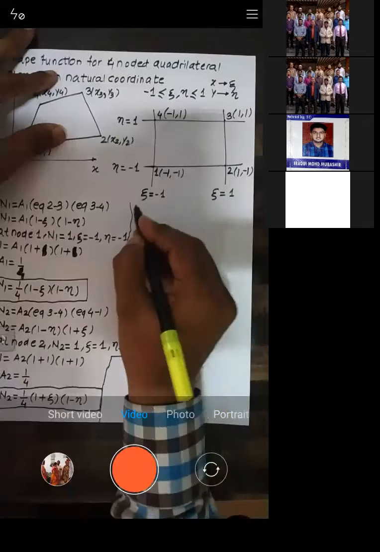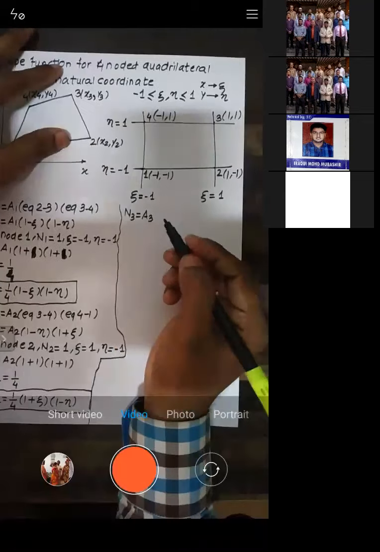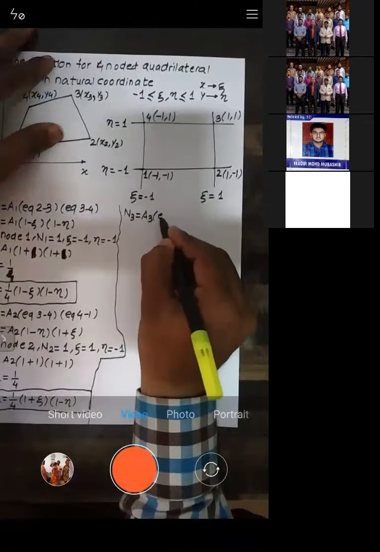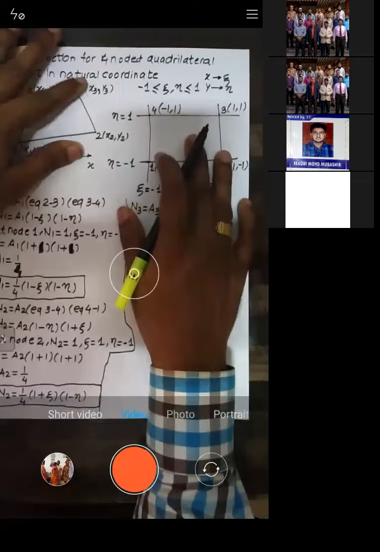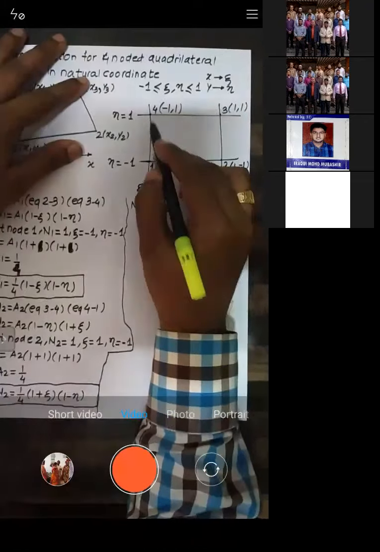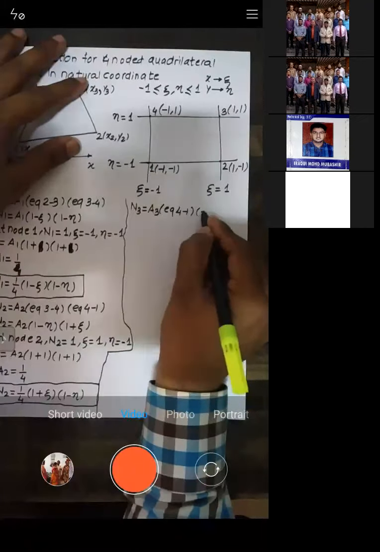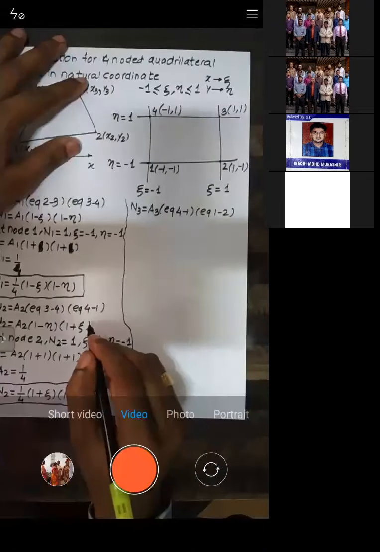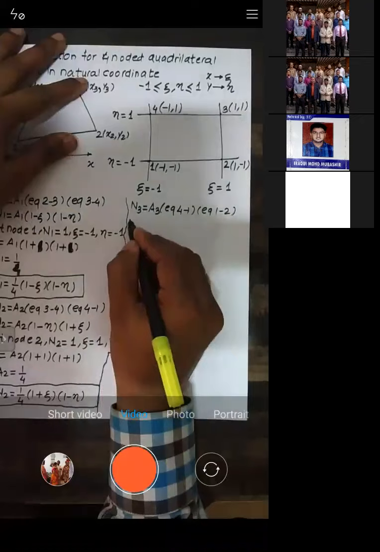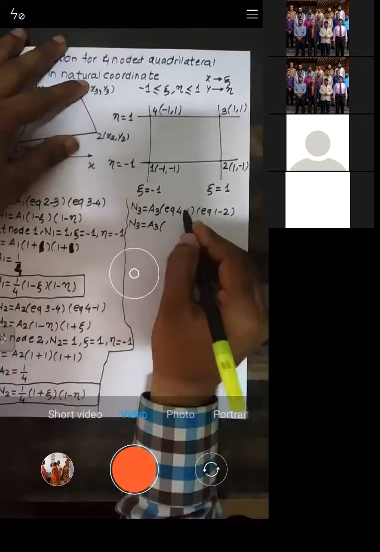Okay. Now can we do it for N3? N3 is equal to A3 into the equations of the lines which are not passing through node 3. So through node 3, which lines are not going? 4, 1 and 1, 2. It is the equation of 4, 1 and the equation of 1, 2. Okay, so N3 is equal to A3 into